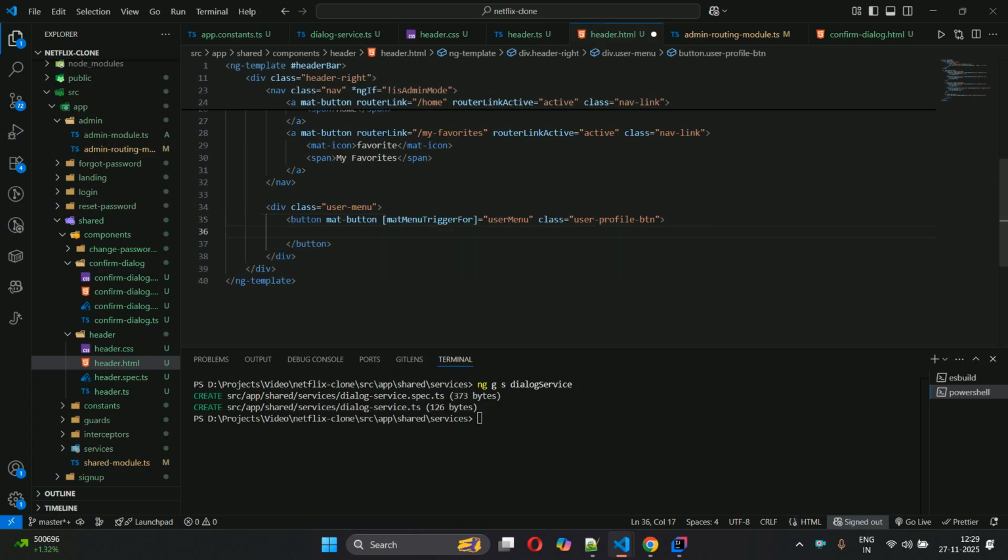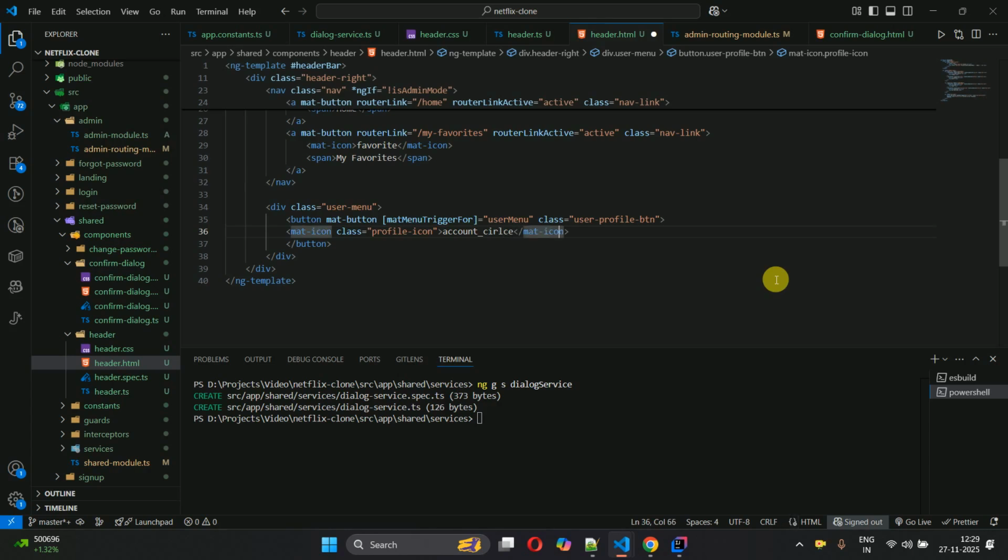In this one we have to show different icons. Let's write here mat-icon with the class profile-icon and account_circle,